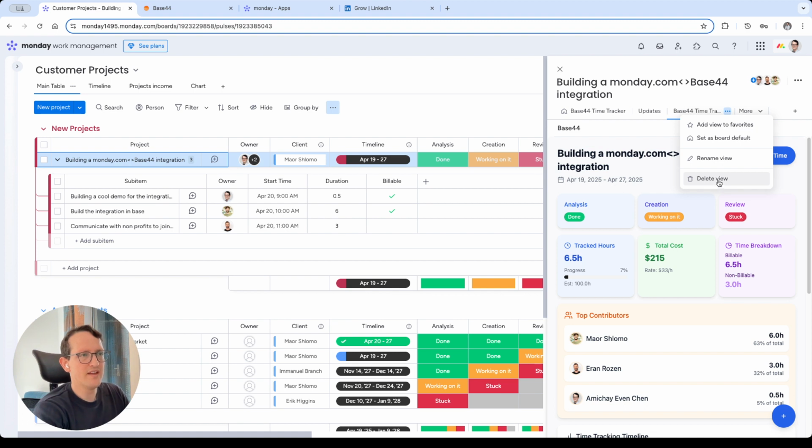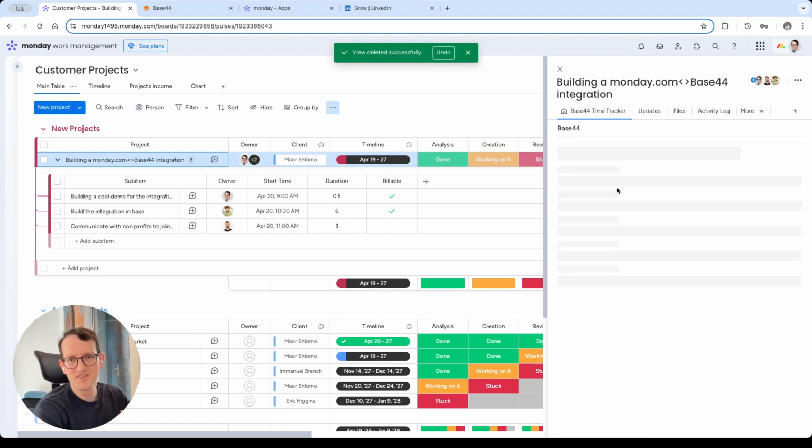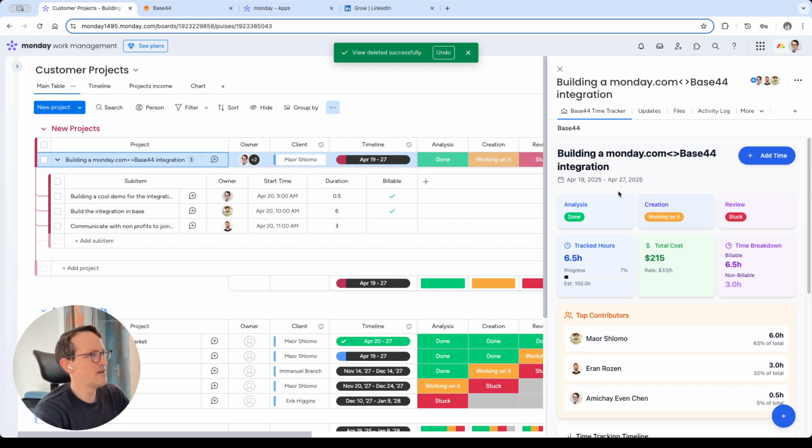Cool. I hope, again, it gave you some inspiration of what you can build, and I really hope that you'll see the integration that we're working on very, very soon, and you'll be able to build all of those without any special knowledge